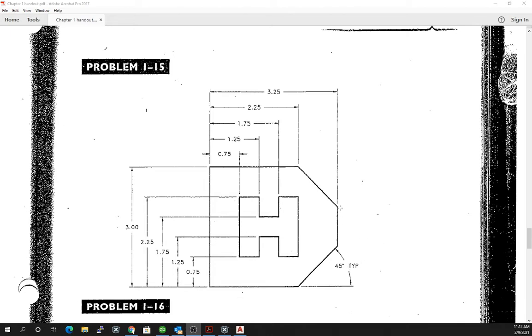We have this line here, and we don't know how long this line is. We know that it's 3.25 inches away from this base point, but that's really the only information we have about it. We don't have its length. So let's see how we go about doing this, and let's see how AutoCAD gives you the tools to easily